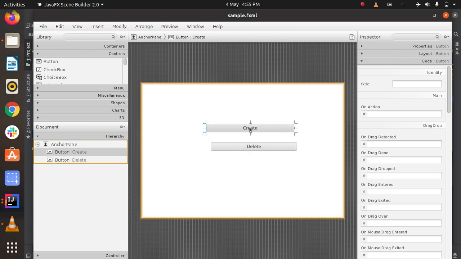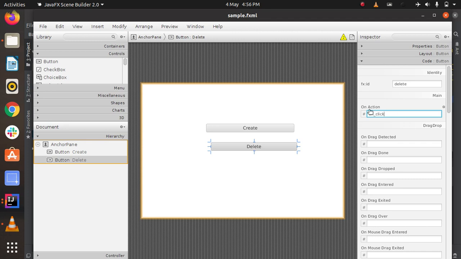Now here is the button ID, this is the name for the create button, and this is the name for the delete button. Now create is ready and delete is ready. Now here we will add on click.